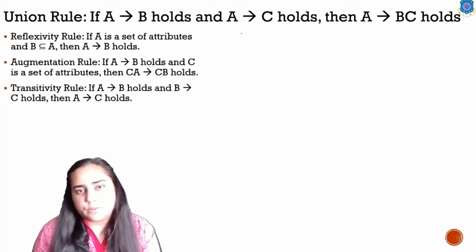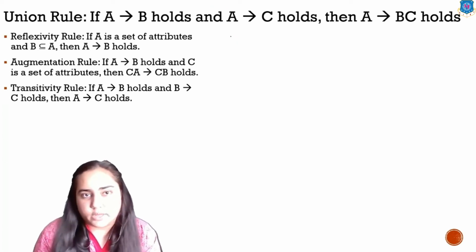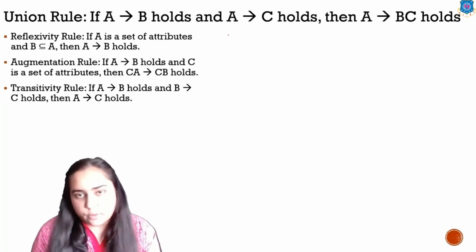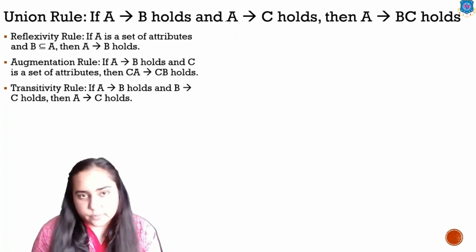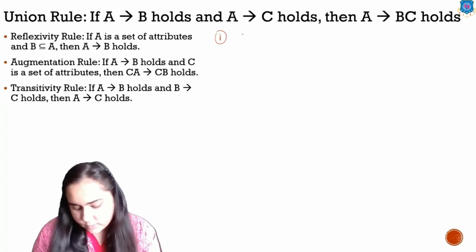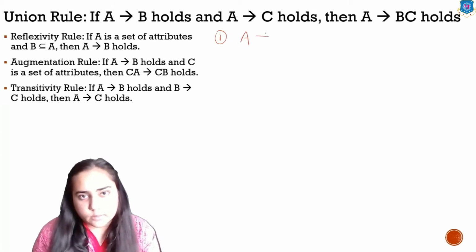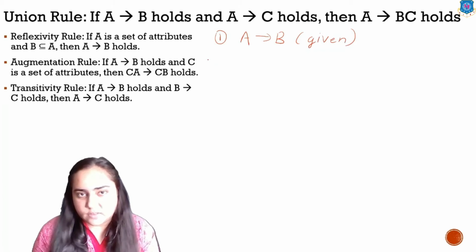And I'll also show you at the same time how to write a proper proof when such questions might appear in your examination. So the first step that I'm going to write is what is given to me, which is A determines B. This is given. So we need to mention that that is given. We have not just